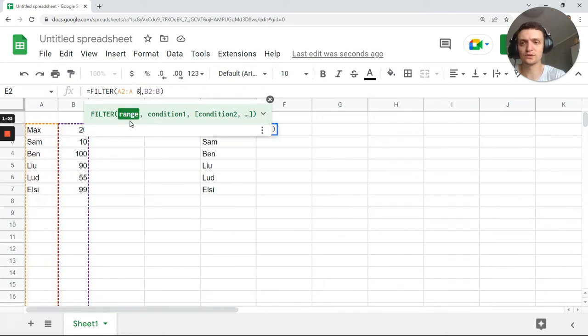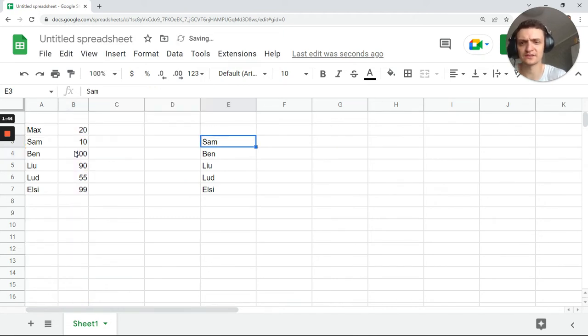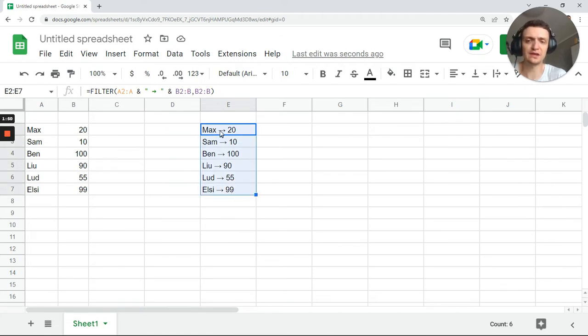text. And next I want to add my text, and I use this ampersand character, a special character, then in double quotes I'll give it an arrow, so it will point to the number, and also one more ampersand because I will go here and add a new text here. So now I have who is what the score, name and score in one cell, beautiful,